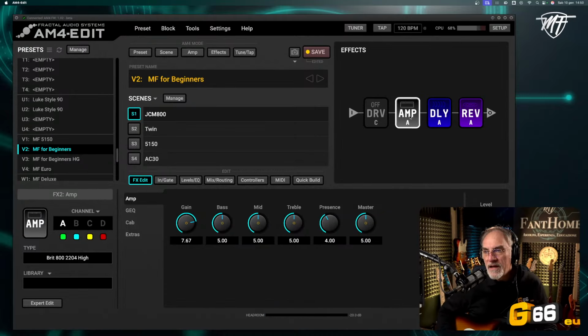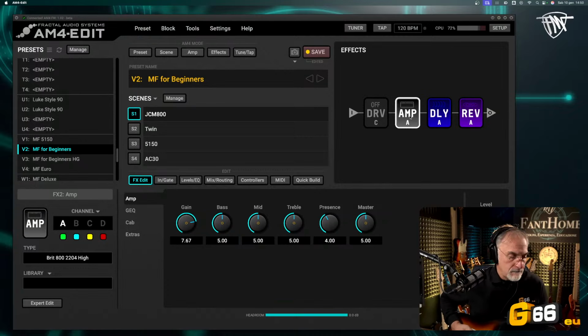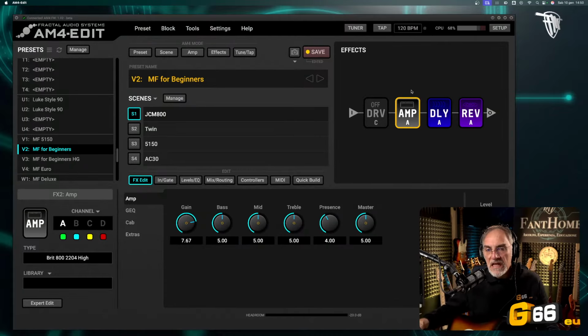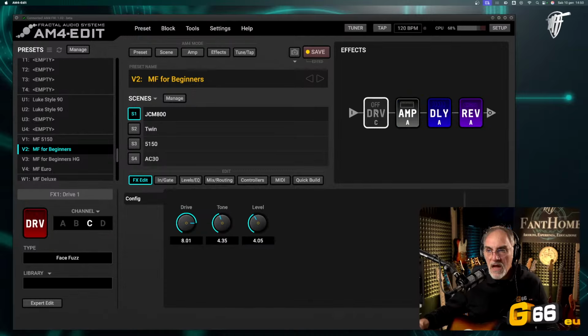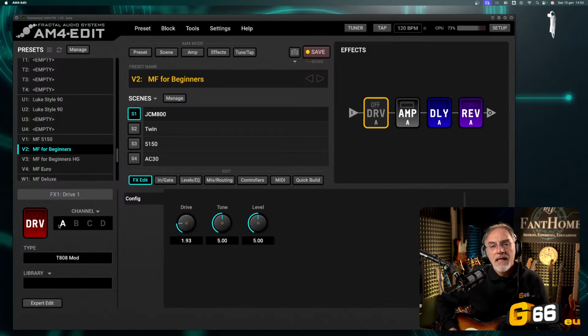Super, super nice. Of course, now I'm working with a Fender Stratocaster. If you work with a humbucker pickup, of course, you have more gain. But in any case, if you need some gain, you can also enable the drive. You have three different channels for the drive. You can test yourself also. It is, let's say, a template where you can make some experiments.